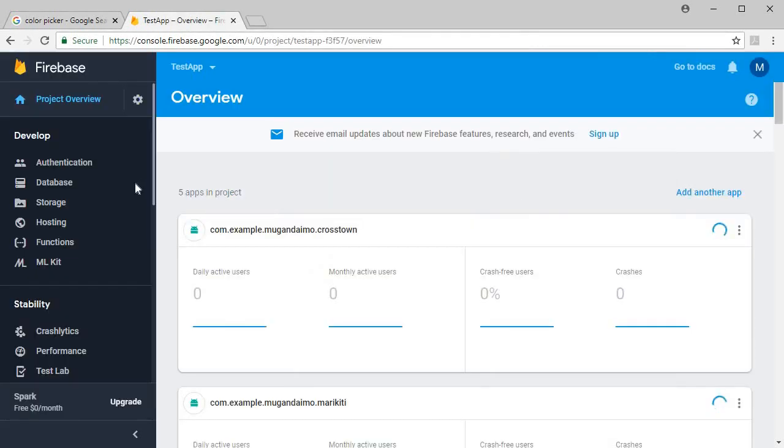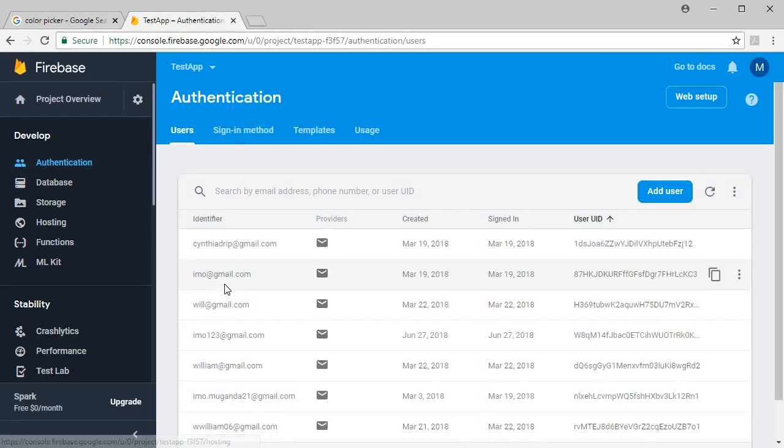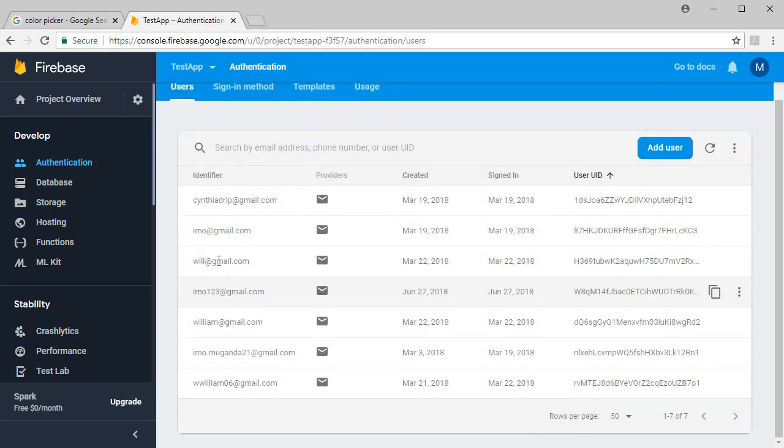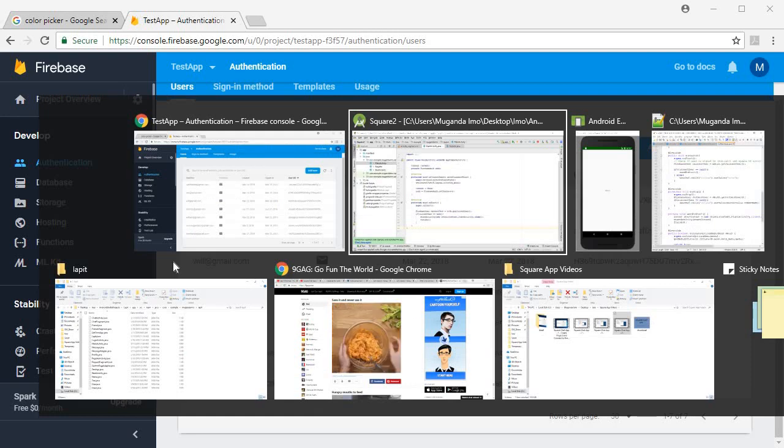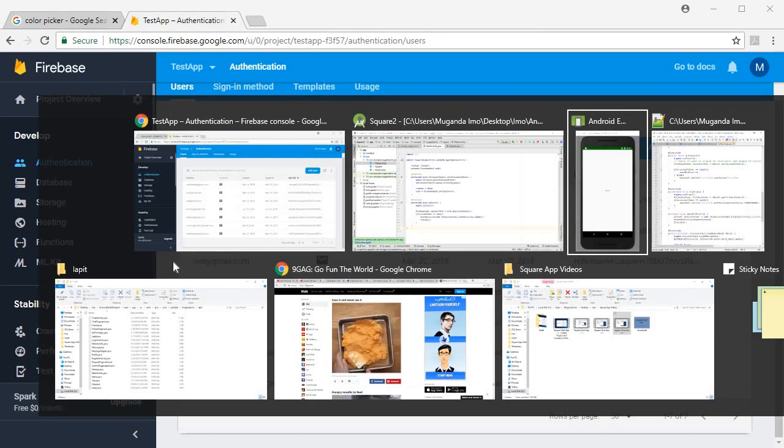And I'm sure if this column, here we are, exactly, emo123, that's the user that I created, and we can see it's reflected here in our console, in our authentication window, as well as a bunch of others, because as I said earlier, I've used this same project for quite a few apps that I've been working on. Either way though, we have successfully created a user, rather we've successfully created a registration module for our application,